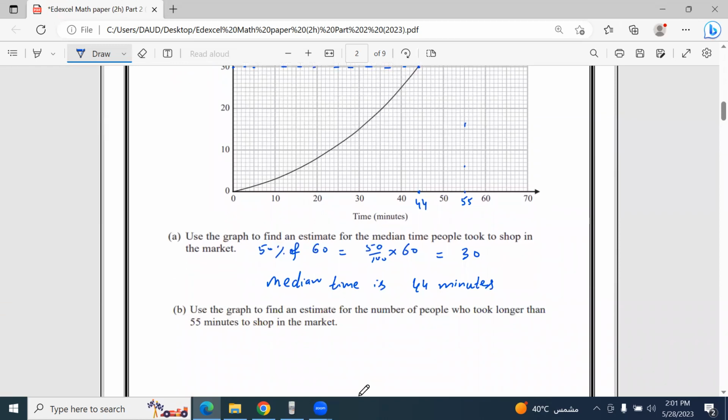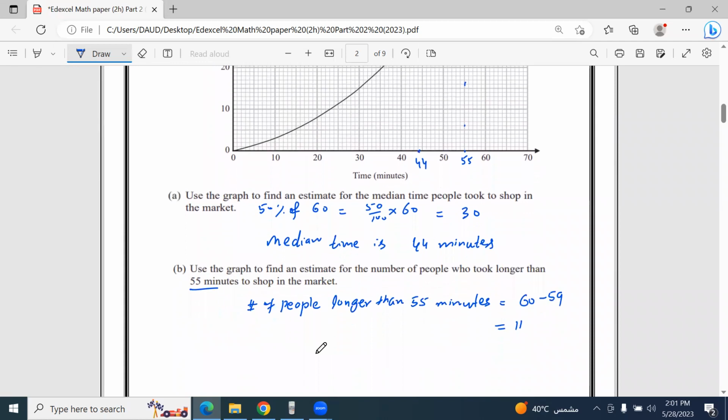So the number of people who took longer than 55 minutes is 60 minus 59, which gives us 1. Next step,